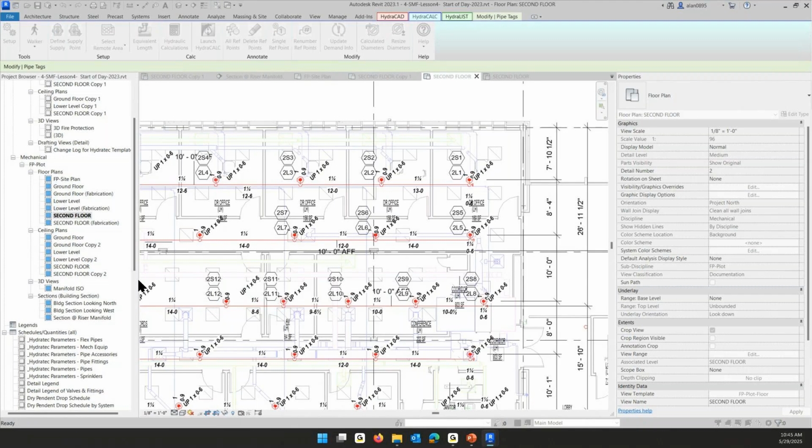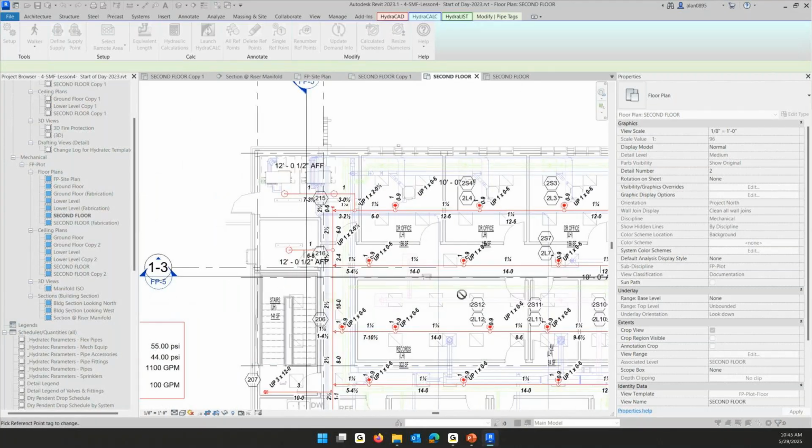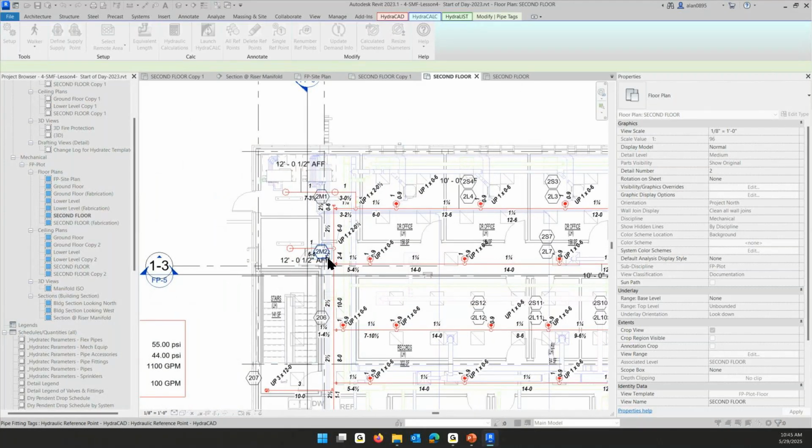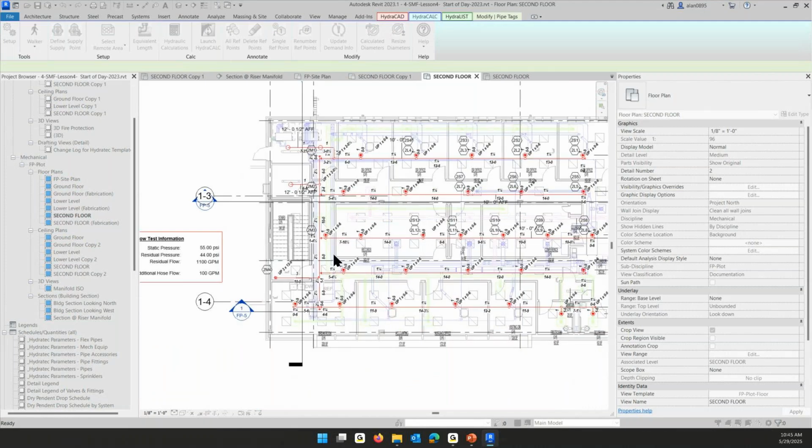Then I'm going to go to 2M1. Second floor, main point 1. And I'm going to do main 1, main 2, main 3, main 4. And then I'm going to go look at the